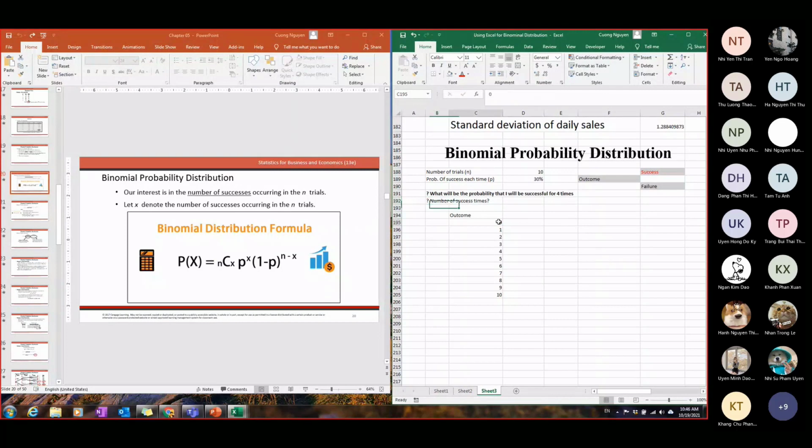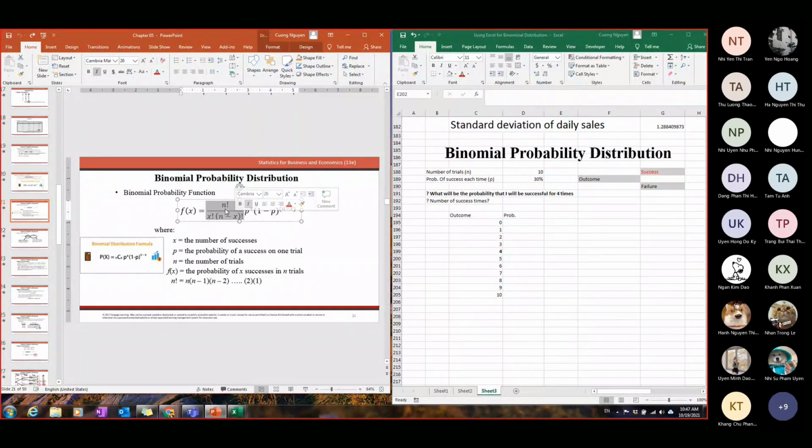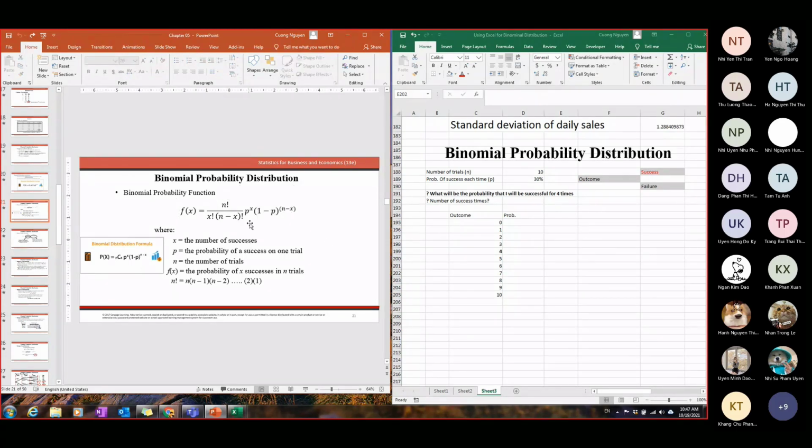Okay, so what will the probabilities be? The question is the probability of success 4 times. How can we do it? We can use the same function like this. They are described in detail in this function. That will be the combination of winning 4 times over 10 times, right? And then we put in the number. This will be the probability of success. This will be 1 minus p, the probability of failure, right? And all the things like that you can put into the function. But you don't have to do it, man.